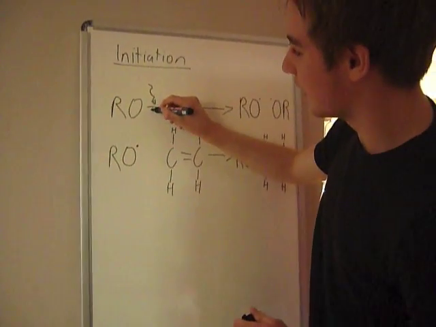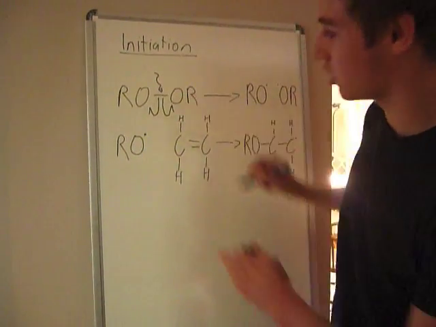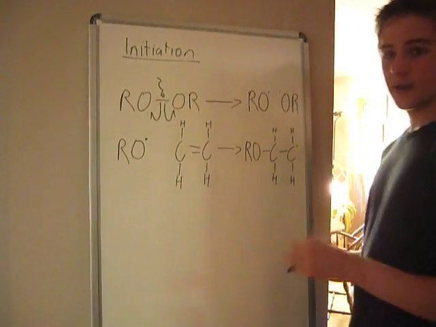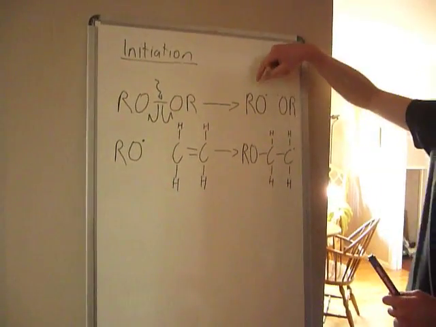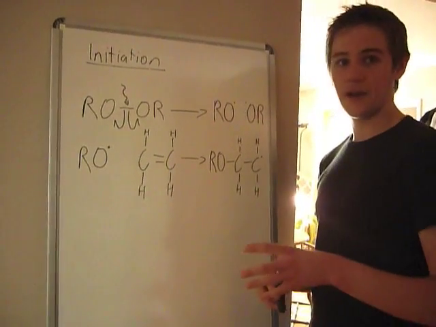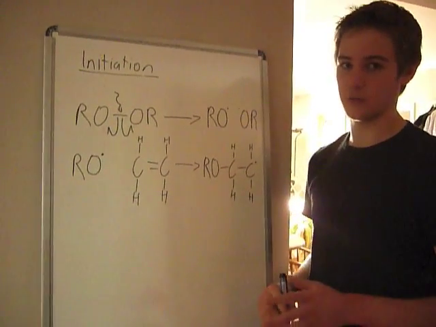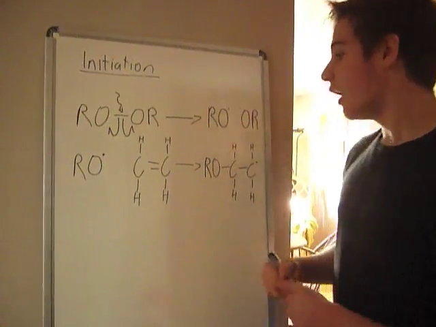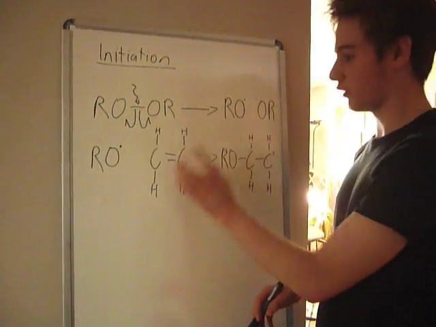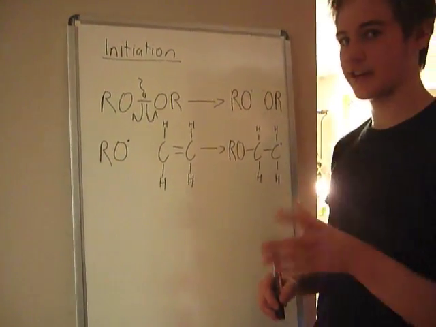In this instance, the electrons will be shared on either side of the molecule, which is shown by these fish-hooked arrows, which represent the movement of 1 electron. Now this forms 2 molecules which have 1 lone electron. Now these are called radicals, and radicals are very unstable molecules, very reactive molecules. And basically if we put a radical molecule near one of the ethene monomers, which contains a double bond, which is quite reactive itself,